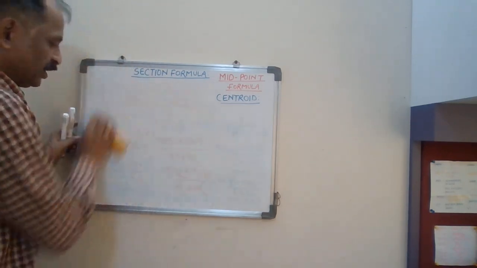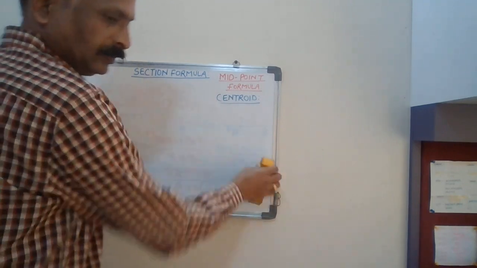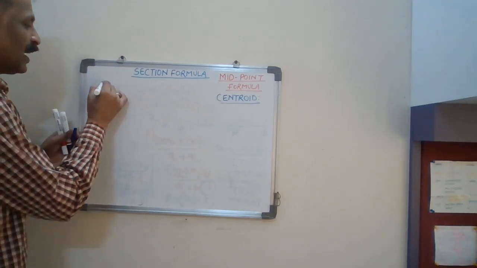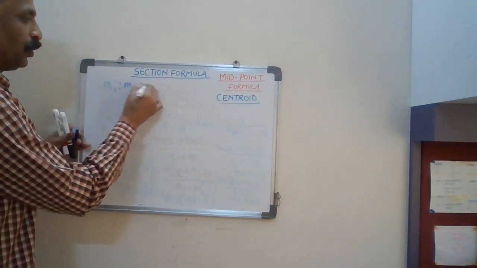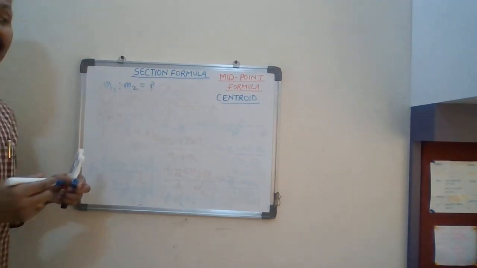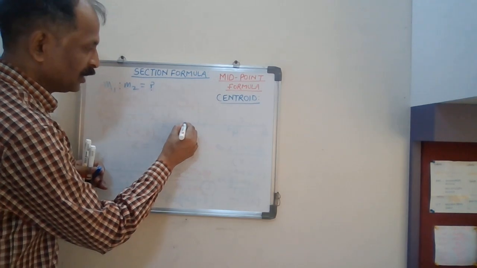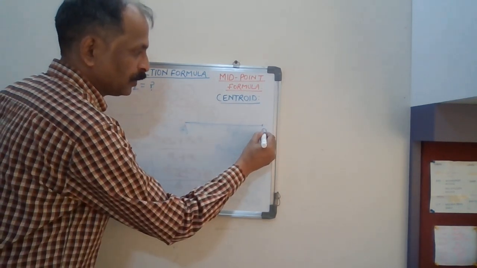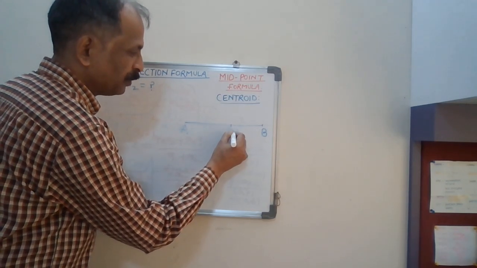Next time I'll try to make on big board. Okay. My next sum is, this time they are asking find the ratios. M1 ratio M2 you have to find the ratio. If they have given you the points A, B, I should not rub the line. This is A, B line. You can make permanent. And there is one point P in between.